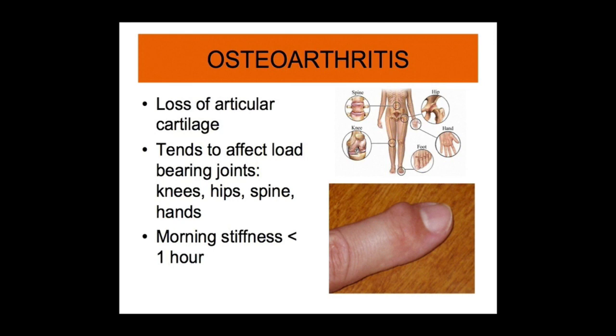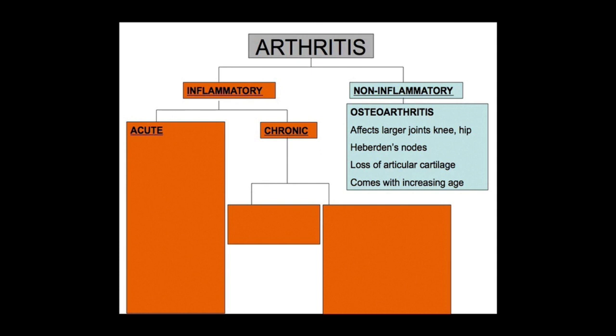Another characteristic is shown in the picture in the bottom right, and that is the extra formation of bone around the joint. These are called osteophytes, and in the distal interphalangeal joint you can get Heberden's nodes, which are these bony outgrowths. So that's osteoarthritis, and the main characteristics are that it affects the larger joints, such as the knees and the hips. You get extra bone formation called Heberden's nodes, loss of articular cartilage, and there's an increasing incidence with